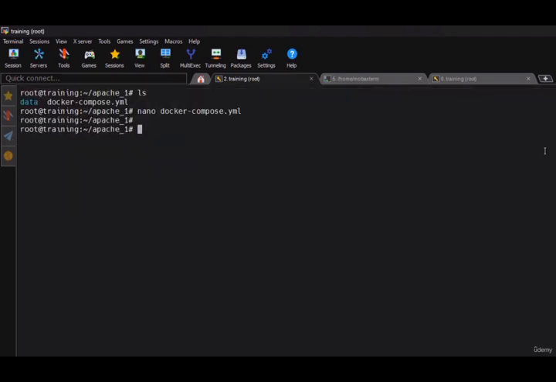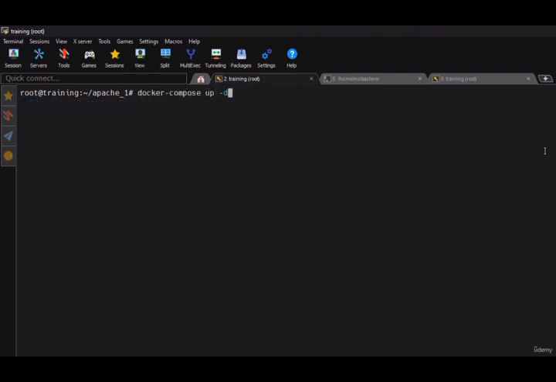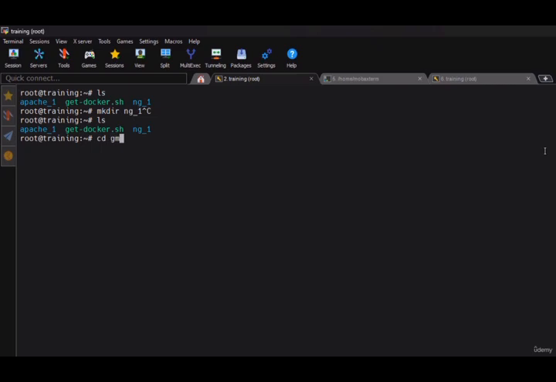So we're going to make sure this is running. I think it's up at the moment. Yeah. So you would do docker-compose up -d. And then what we're going to want to do is create a folder. So make directory, we'll call this one ng1. As you can see, I've already done it. And in ng1, we're going to create the Docker Compose for